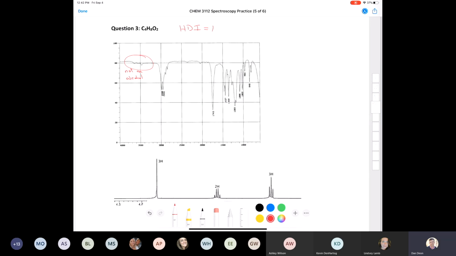It's not an alkene, right? Because we don't have sp2 carbon-hydrogen stretching. But we do have a strong signal here, right, at around 1740. Okay, I think that's what it says, 1743 or something. So this would be a carbonyl stretch. Now there's another really strong stretch down here, which is around 1283, something like that. Okay. Now, whenever you have a stretch that pronounced,